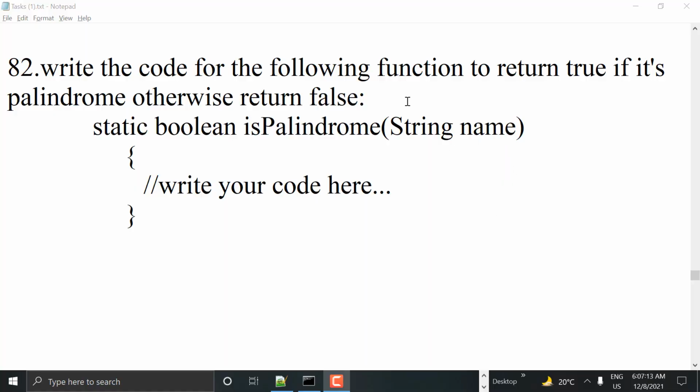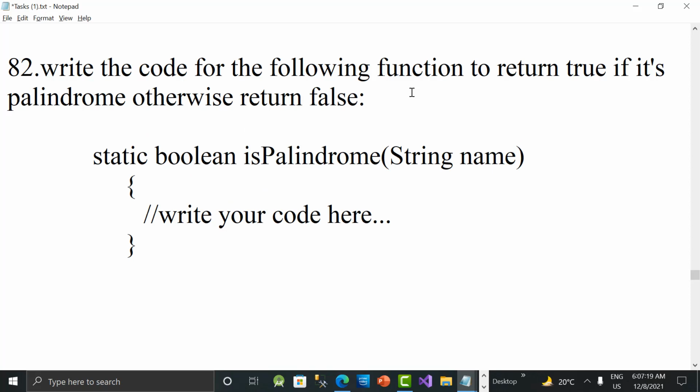In this video, we are going to see how to check whether the given string is a palindrome or not. There are two ways to check this, guys. The first way we have already seen in the previous video, where we took a string, reversed it, and then compared both strings. We checked it with the equals method. If both are equal, we say it's a palindrome string.